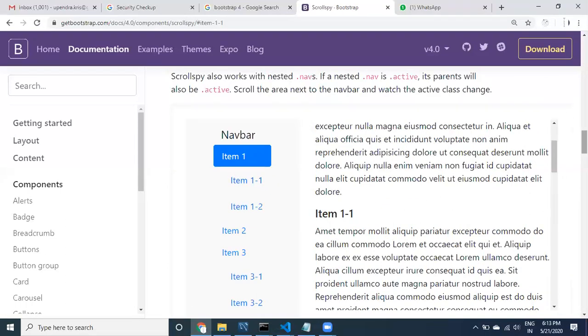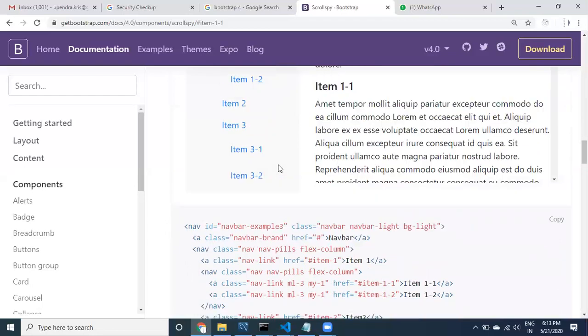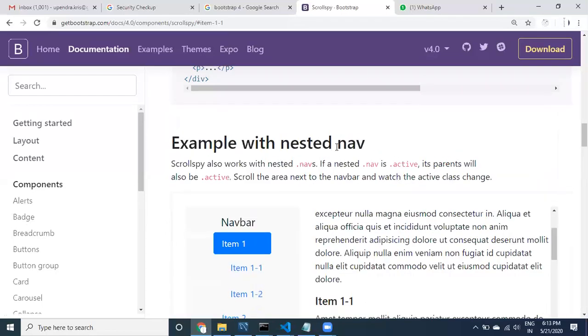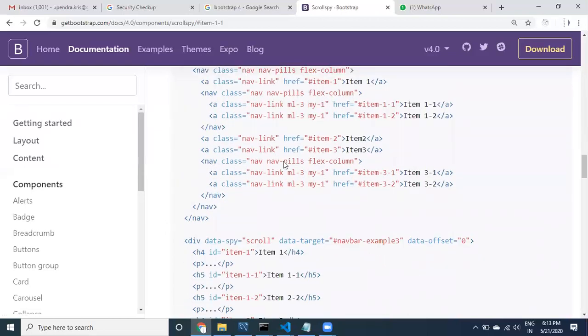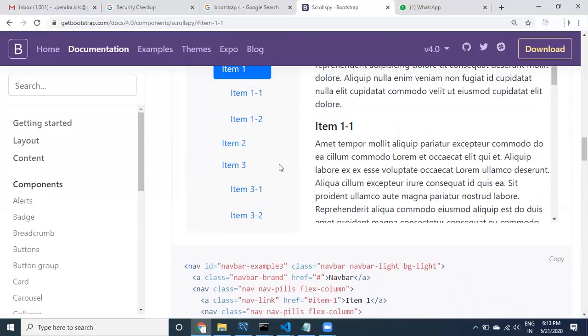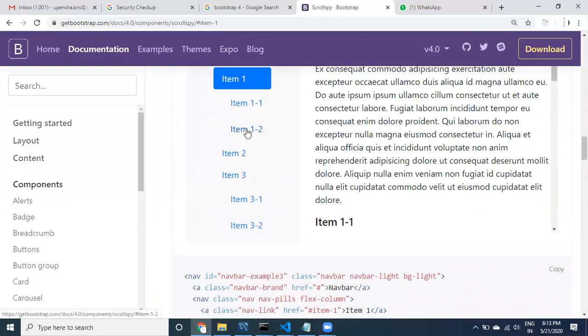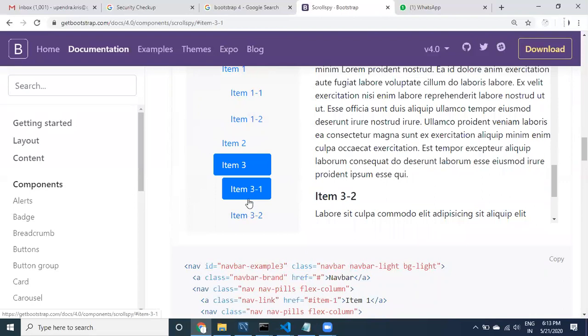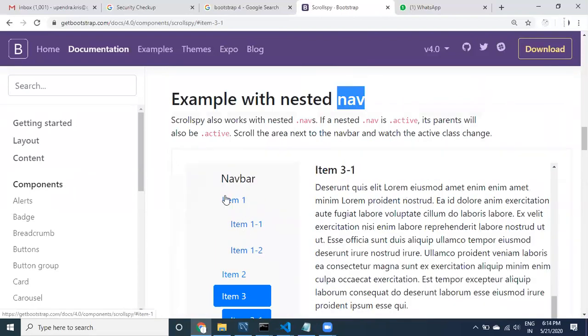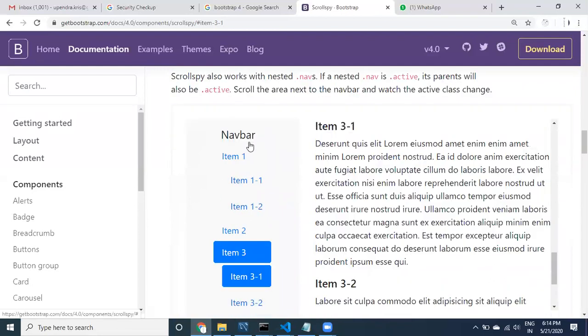In the next example, I'm going to use a nav bar with this style. Remember this, this is going to be the nav bar. We are going to work with this, guys. So the tree structure: one item is available inside another item, right? We are going to take this kind of navbar and work on it in the next example.